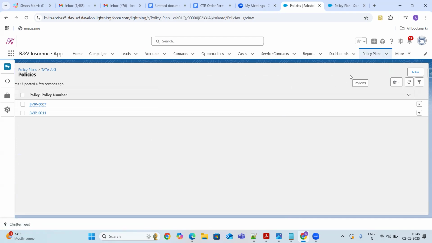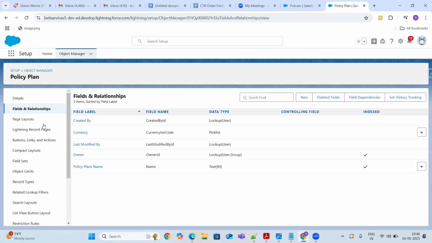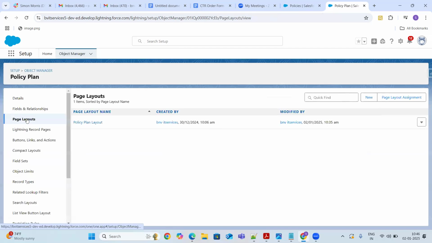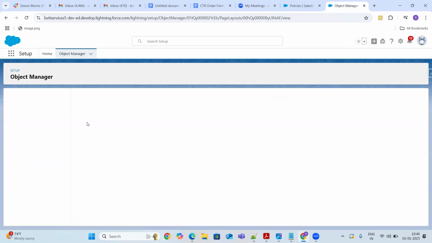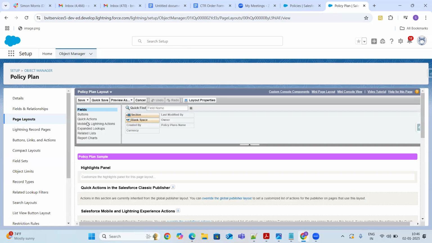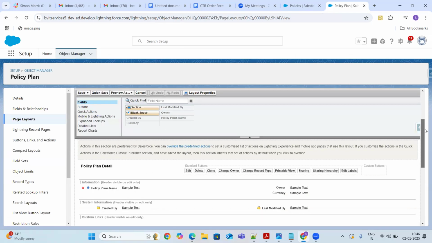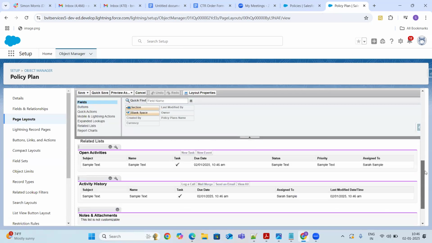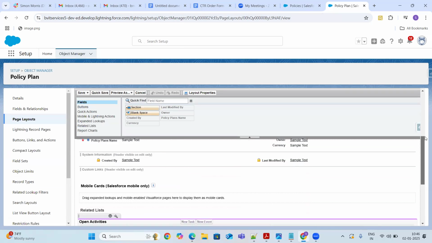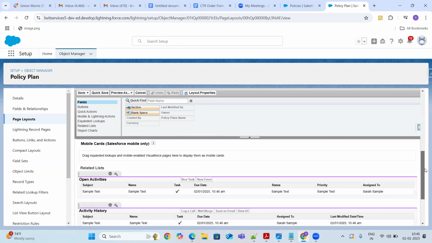So what you can do is you can go to the page layouts and policy plan layout. The same policy plan layout, we are able to access it from the account, also from the policy plan.